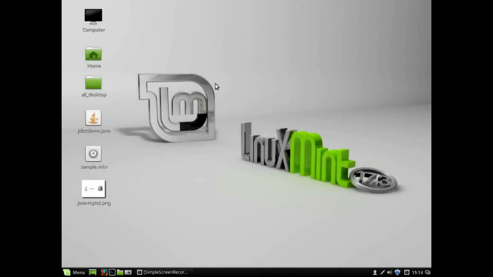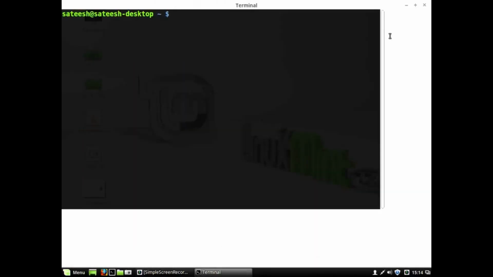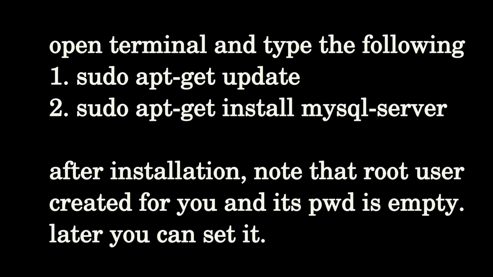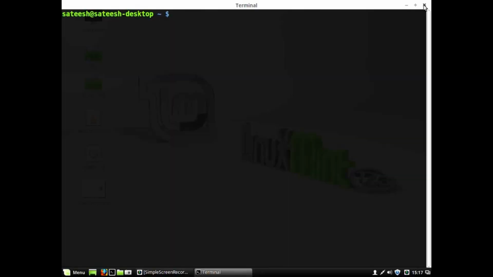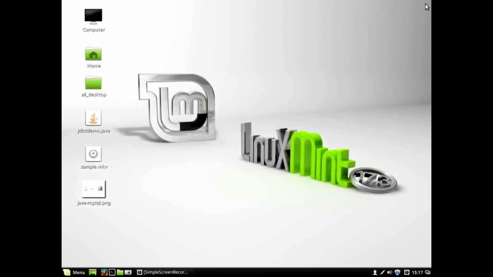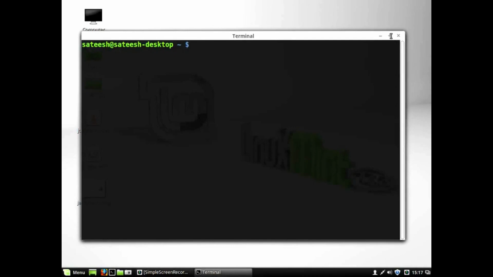Secondly, we need to install MySQL. In the case of Ubuntu or Linux Mint, installing MySQL is based on a simple command. If you type that command, your system automatically identifies the relevant packages through the internet and downloads them to your computer. Everything is done within not more than 10 minutes. So everything gets done through one single command. That's all. Now Java is available and MySQL is available.